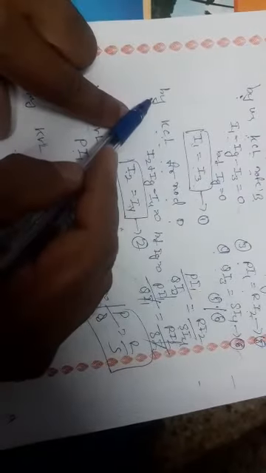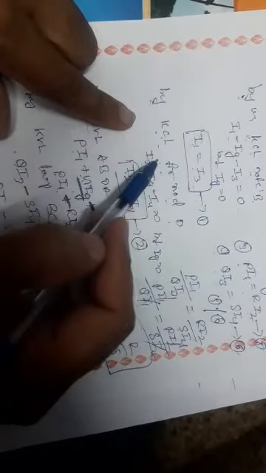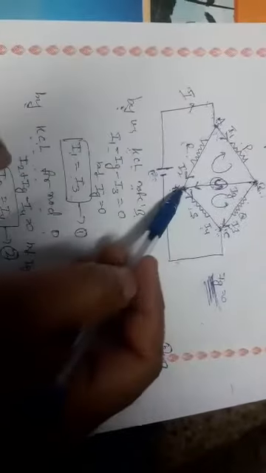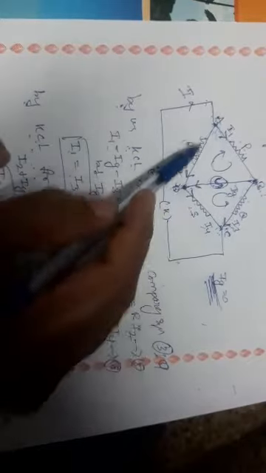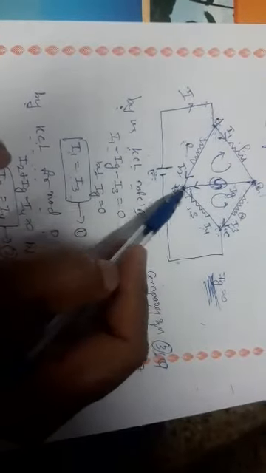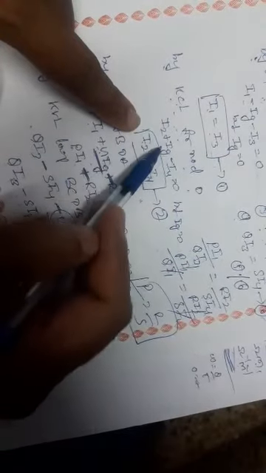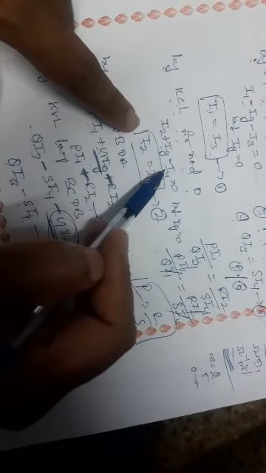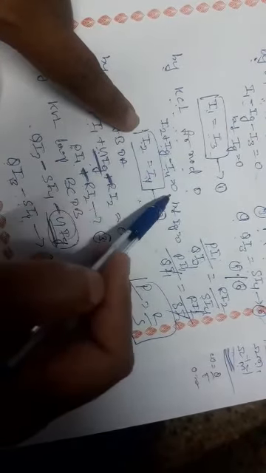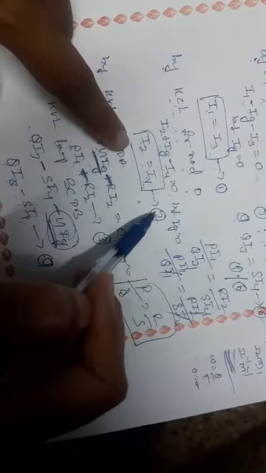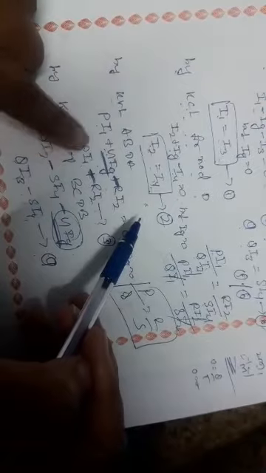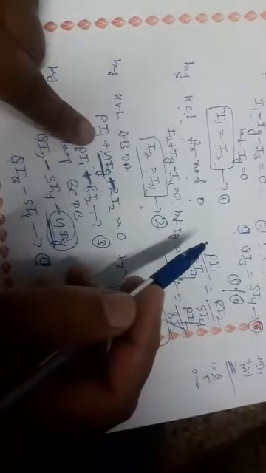Similarly, by using Kirchhoff's current law for node D, the currents are I2, Ig and I4. I2 is converging, Ig is converging, and I4 is diverging, that is positive I2, positive Ig, negative I4. In the balanced condition, Ig is 0, so I2 is equal to I4. That is equation number 2, from the Kirchhoff current law.